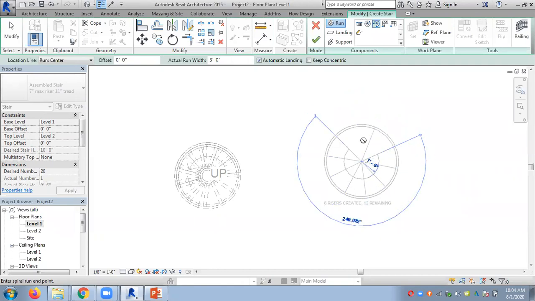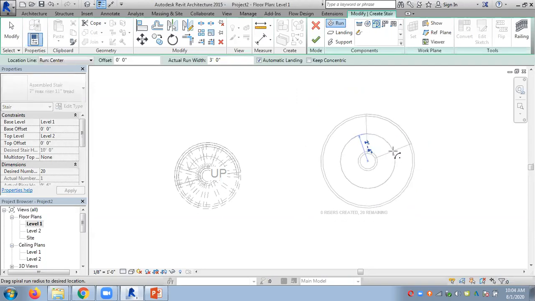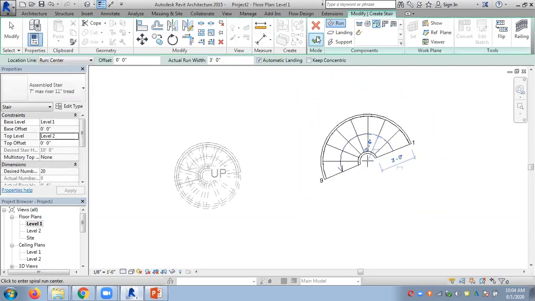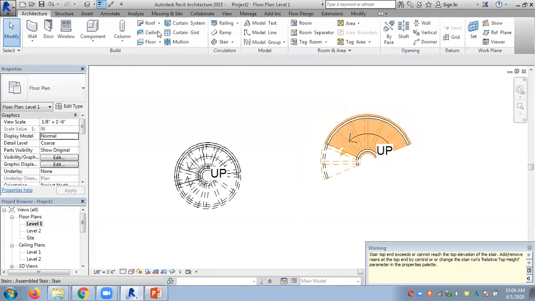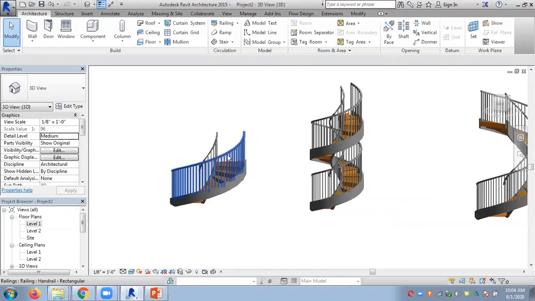If I want to get it down in the middle of the path, you can get it down, so you will not reach the top level. Here it says you cannot draw it because the diameter is less, so I have to increase the diameter because this is 3. So we can start something like this and go. Now I am not reaching the top level, I am just stopping in the middle. The main difference between this one and this one is that here we can adjust the number of steps. Here we can't adjust. So I will not reach the top level. I will reach somewhere in the middle.